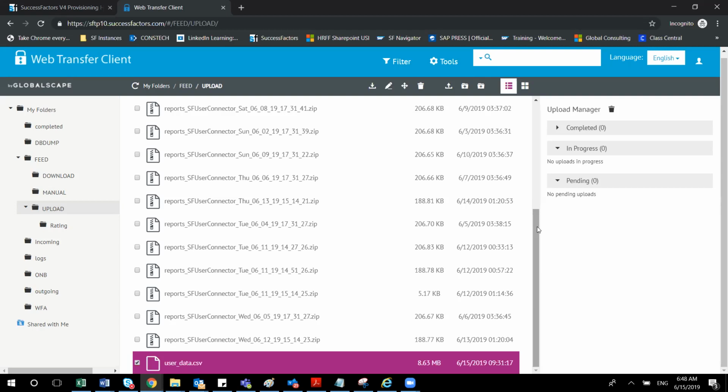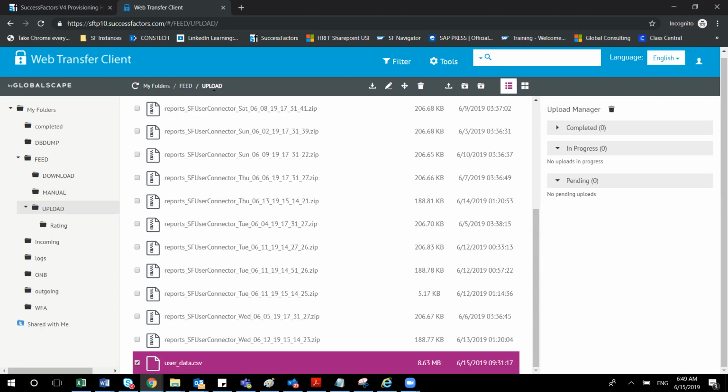Okay, so all those 20 new hires will be updated in the SuccessFactors LMS. That is the main purpose of the file. And where this is maintained, I have maintained under feed_upload. But how the system will know to pick the file from there, I'll also be showing today. That setting is done in the SuccessFactors LMS.